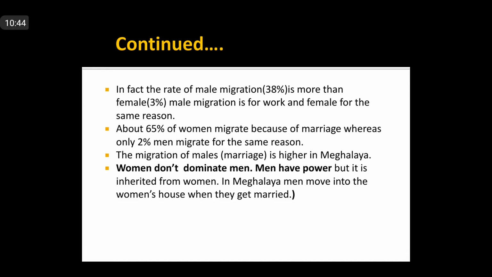So it means that after marriage, women do not go to the men's places. Remember, this is a very interesting topic: the men come to the women's place, which you cannot see in general. Usually, after getting married, the women move to the men's place. As the men have a long history of being away from the family, the inheritance is passed from a mother to her daughter, and hence led to the matrilineal form of society in Meghalaya.